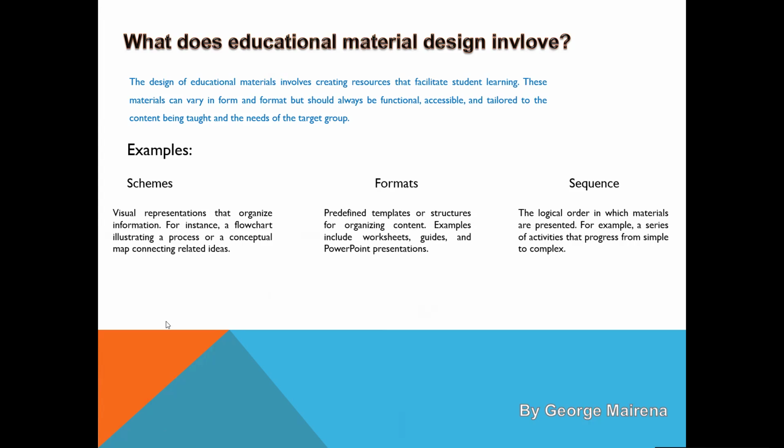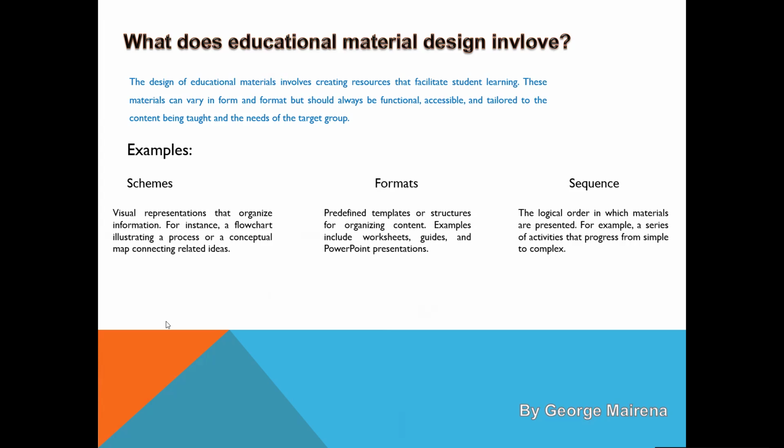You know that when working with kids, your educational materials must be creative, right? Because you need to catch their attention. And we also have to take into account that this kind of material can vary. Why? Because remember that we have different types of learning styles. Some kids can learn faster, but some others can learn slower. So you have to take into account those characteristics of your young learners, right?